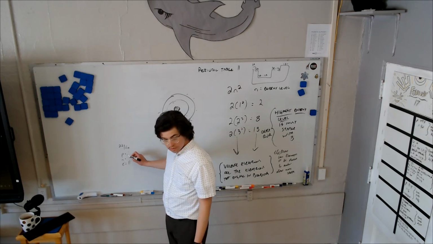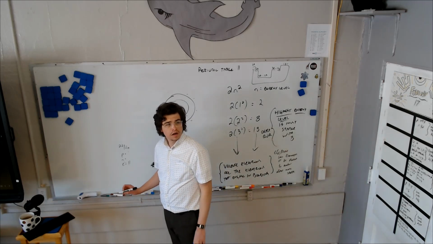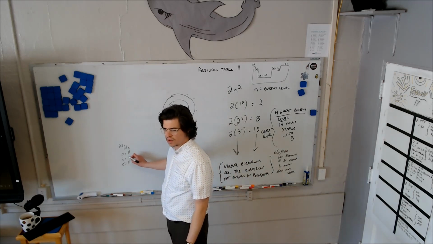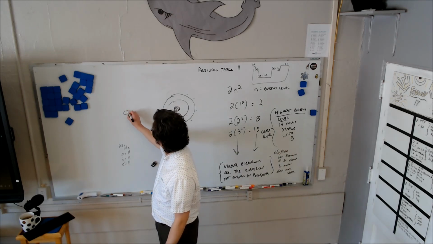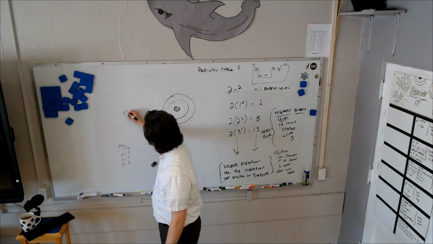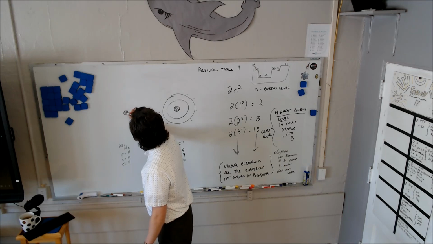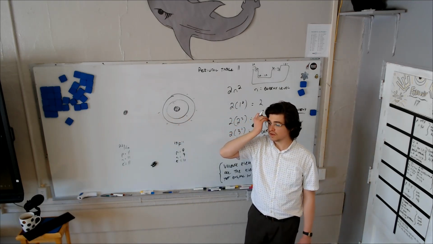6? No, sodium is Na. You see that there? 11. Neutrons then? You guys remember how to do this? We just did this. 11. Let's draw it. How many protons and neutrons should go in the nucleus? 11. 1, 2, 3, 4, 5, 6, 7, 8, 9, 10, 11. And then 11 neutrons. 4, 5, 6, 7, 8, 9, 10, 11. You're going to have to trust me again, but that's 11 protons and 11 neutrons in the nucleus.